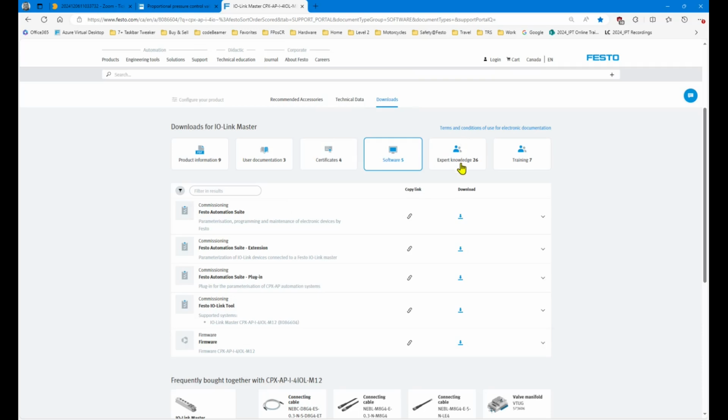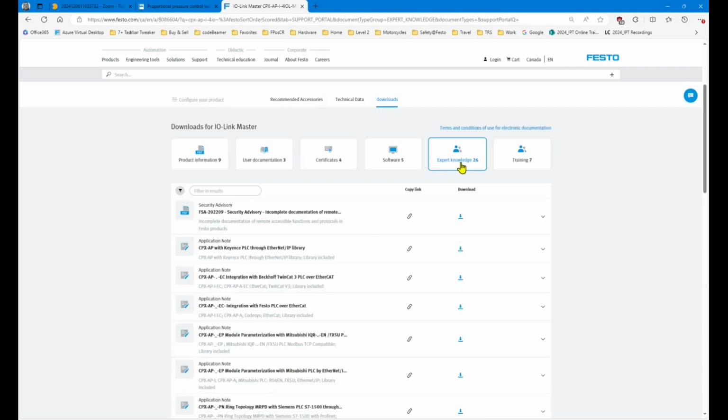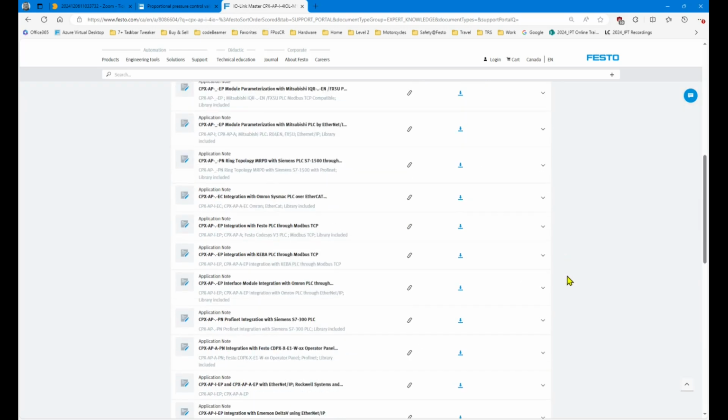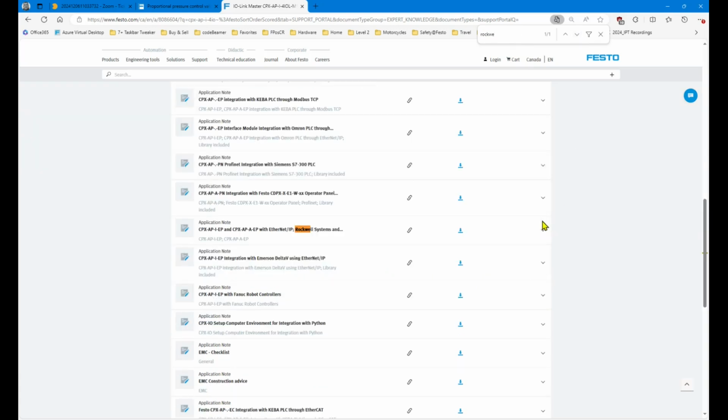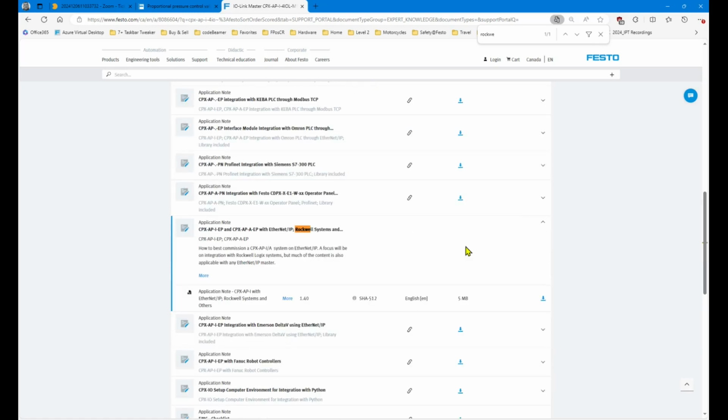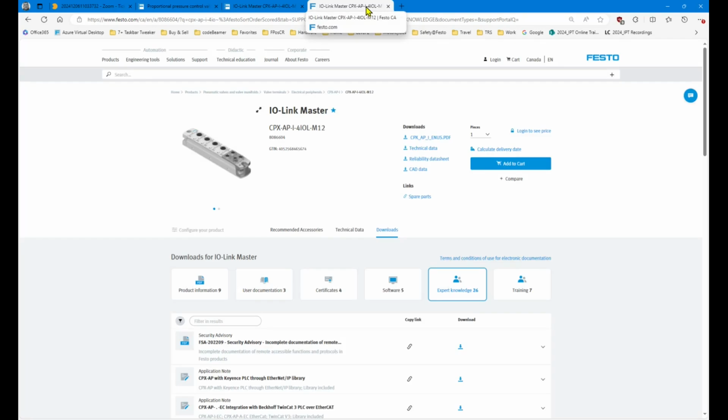There's also an expert knowledge tab. Okay, for the IO-Link Master, if we do a search, Control F for find, for Rockwell, we will see that there's an application guide for this. We're going to download this, and one more second, I'm just going to duplicate this, and as I said, we're going to go to the